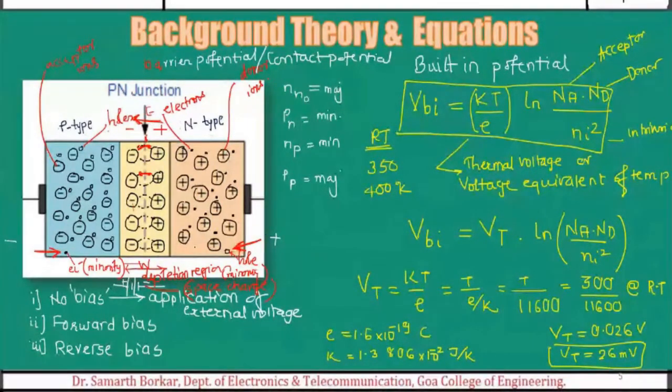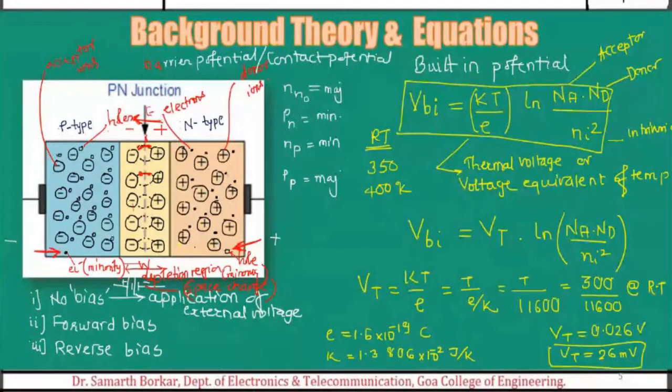I hope this is clear to you all. Fine. We'll not go into the details of how it works, what actually happens here. This we have already discussed in brief. So what is the most important thing here? This barrier, okay, discourages the diffusion of majority carriers across the junction. But what happens to minority charge carriers? As I have shown, there are a few minority charge carriers, free electrons and free holes. Now, how are these free electrons and holes generated? They are only generated due to temperature. Fine. The more the temperature, the more minority charge carriers, and that will result in a drift current.